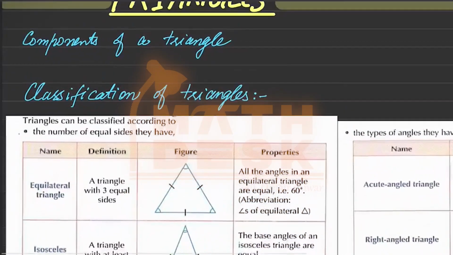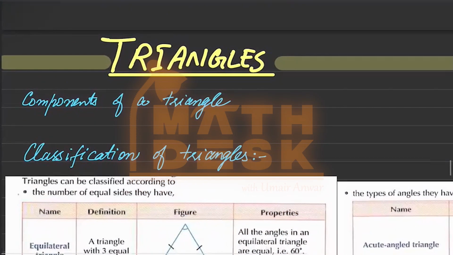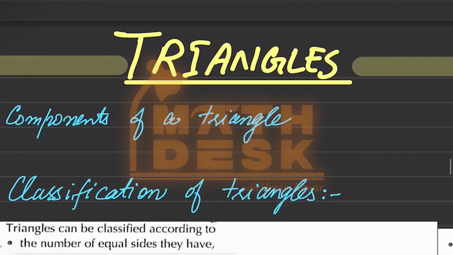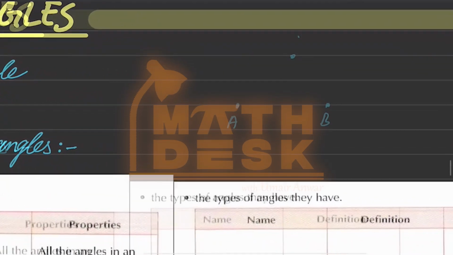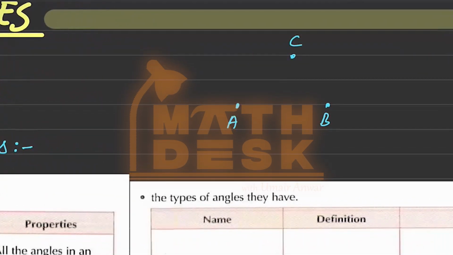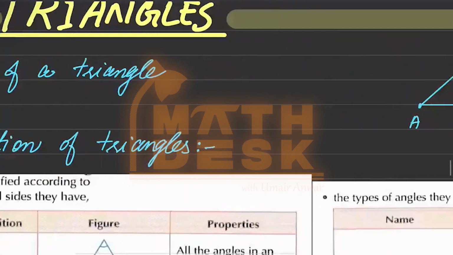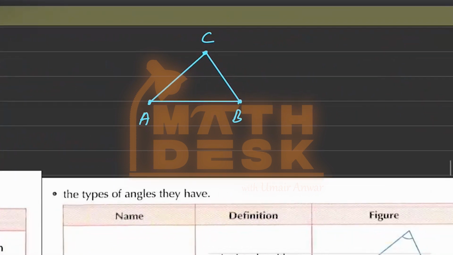Now we would be starting our discussion regarding triangles. A triangle is formed whenever we connect or join 3 points. If I connect these 3 points, we would get a triangle. In a triangle, there are 6 components. 3 of them are sides